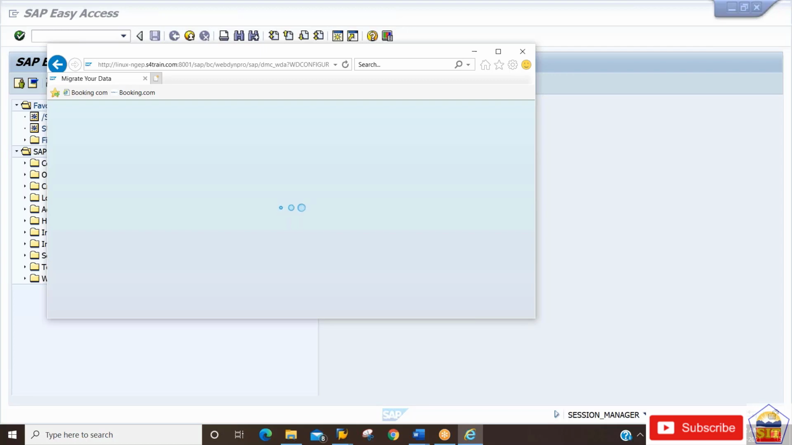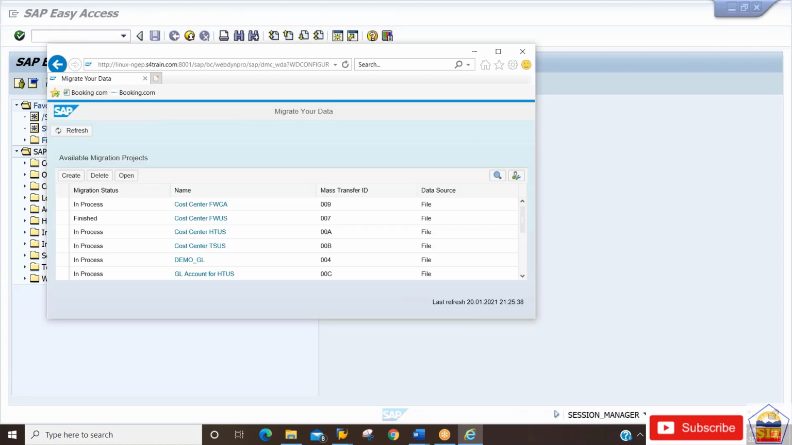Okay, so we have the next thing, it is the LTMC. LTMC is, I would say, an extension of the LSMW. So if you have worked on the LSMW, what is the use of the LSMW? Actually, if we have data and we want to get it created at a mass level, for example,